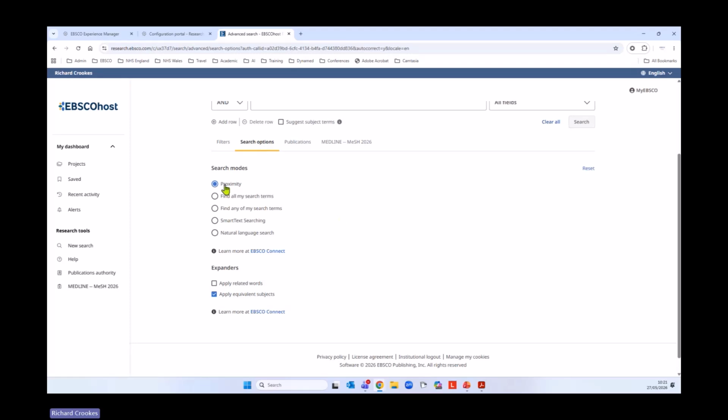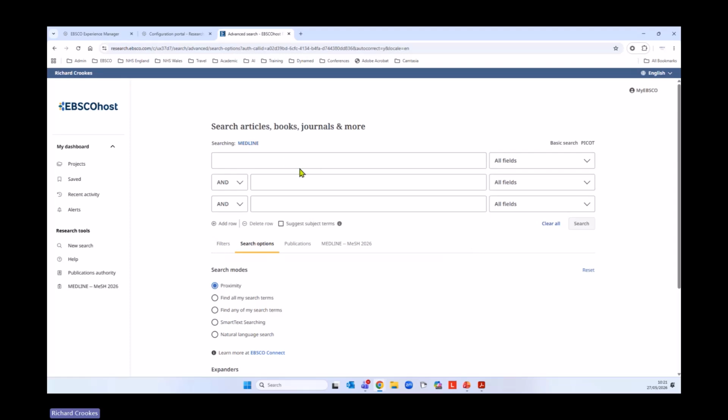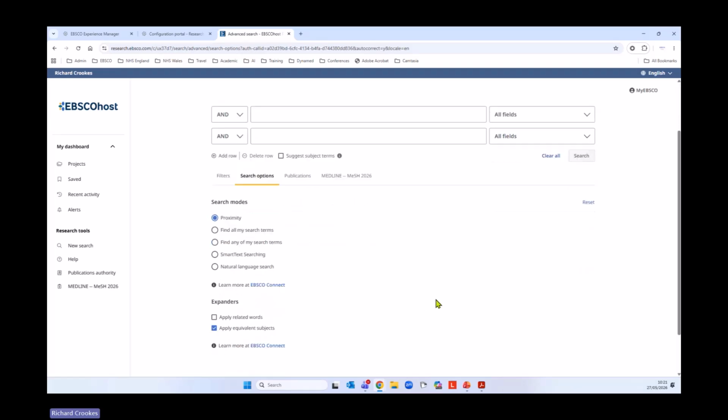So proximity is the default search mode, typically for EBSCOhost databases, including MEDLINE. And that is using the near operator. So you're searching for words near 5 words or less of each other. So if you enter terms here and do not qualify by field code, that will impact your search. Okay, find all is simply the AND operator, find any is OR, and we have others there which we won't